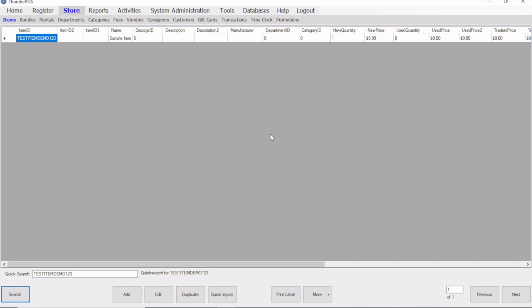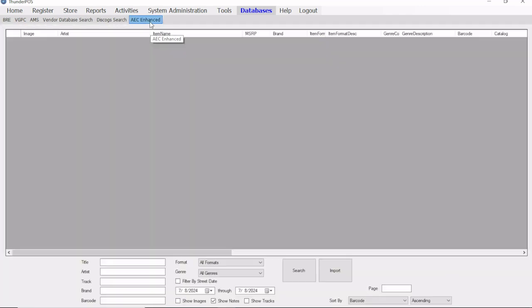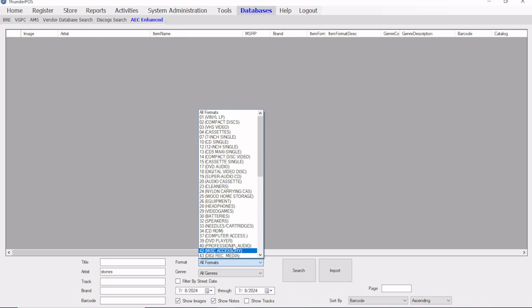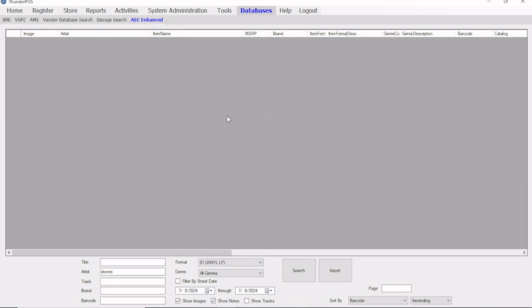Then I am just going to really quickly show a couple of the vendor databases that we utilize. So one of the big ones for record stores, if you are an Alliance customer, the AAC Enhanced database allows you to search Alliance, including you can show cover art as you search. So we'll do like show images, and we'll just search for the Stones here. You can search within specific formats or genres. So, if we search for LPs here,